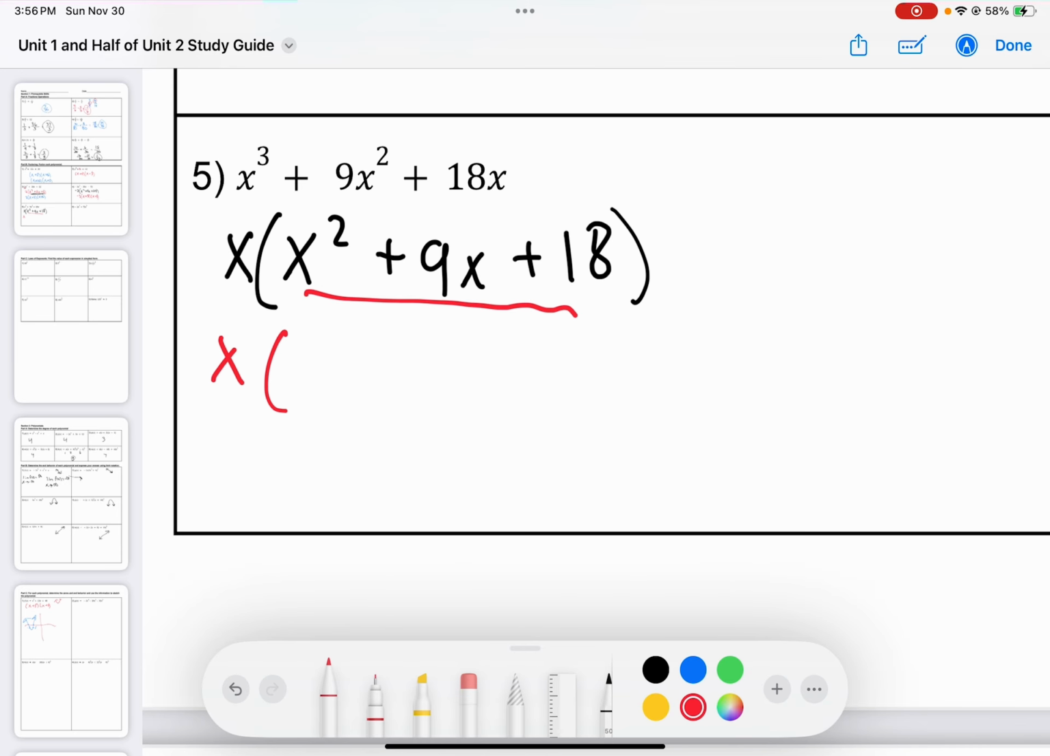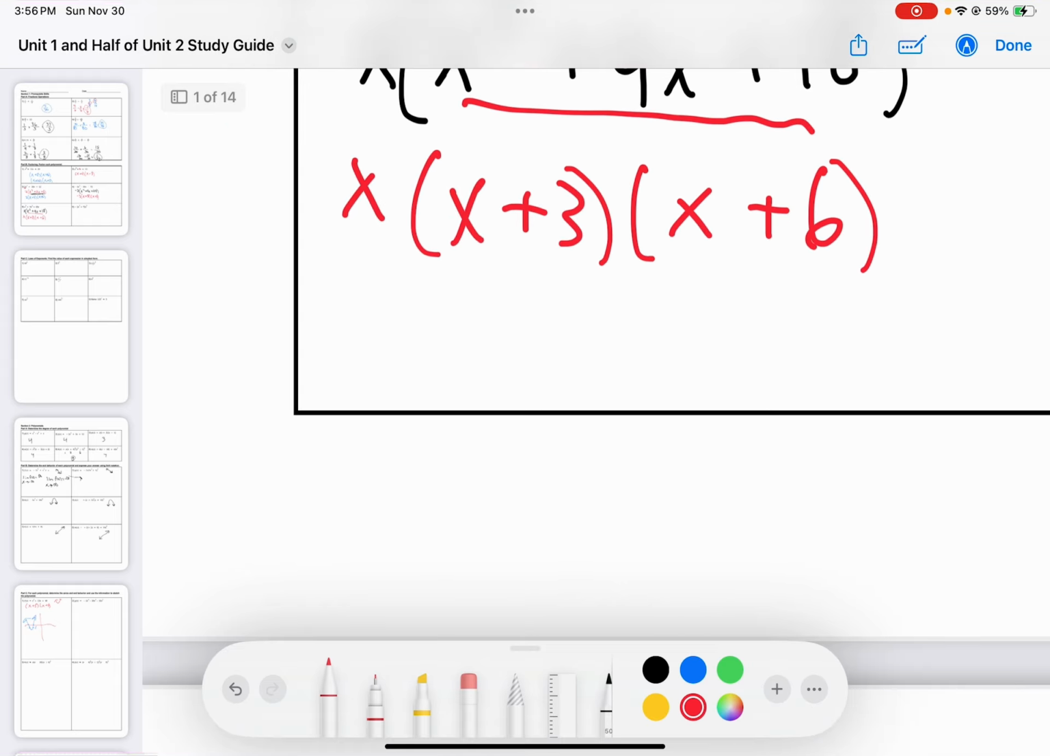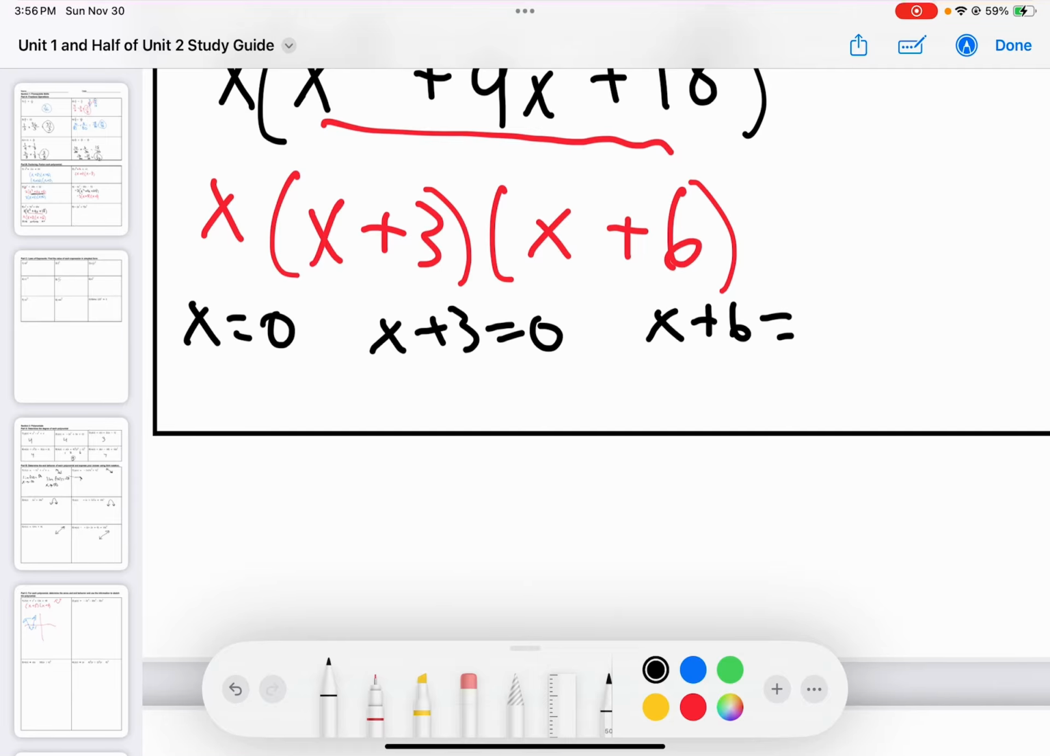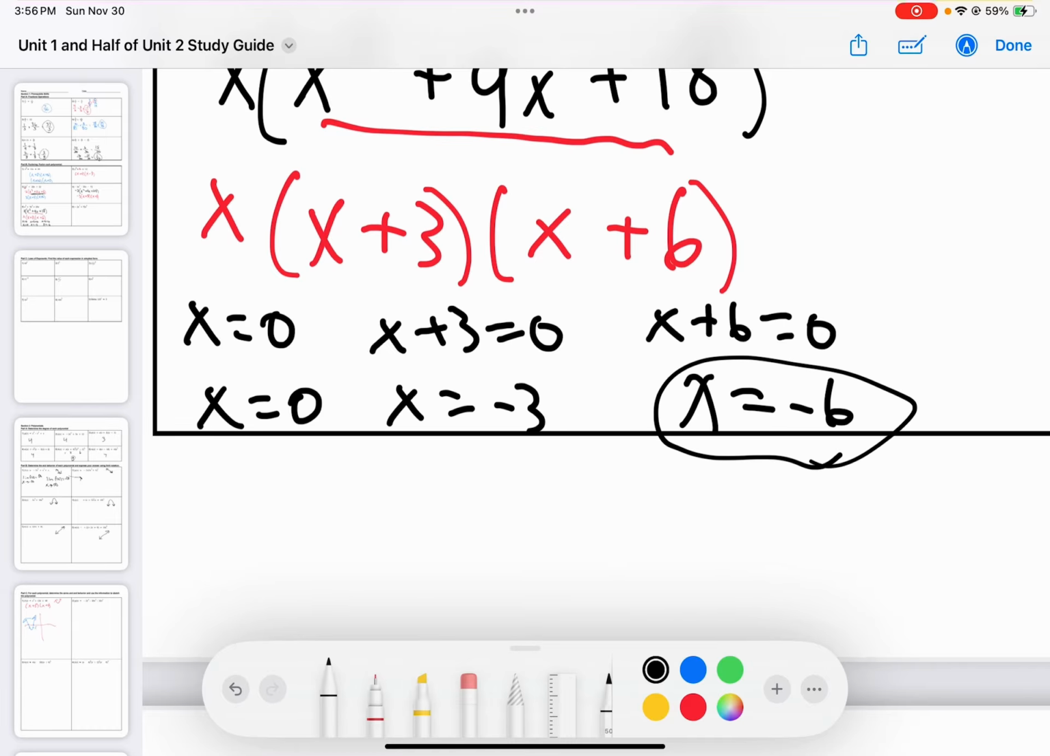Well, 3 plus 6 is 9. 3 times 6 is 18. This factors to this. And just so we're clear, if I asked you to say the zeros of this polynomial, we would set all the factors equal to 0. It didn't ask you to do it, but just so we're clear, we get x equals 0, x equals negative 3, and x equals negative 6. That's where this function will hit the